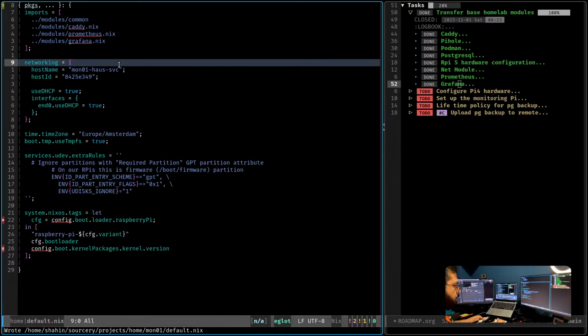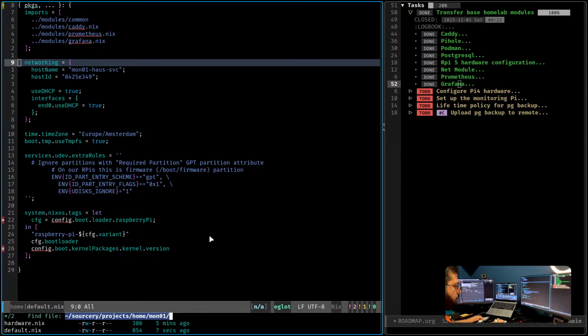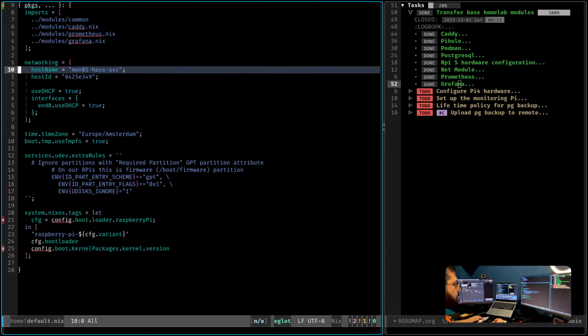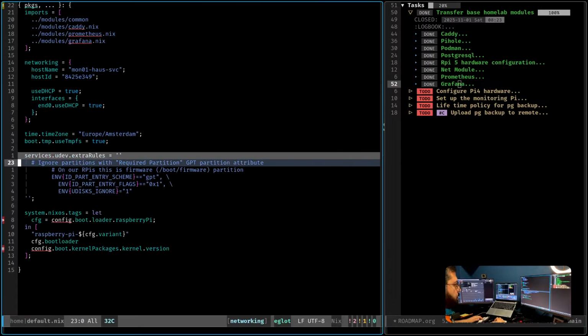First thing first, this NixOS piece, I think we have already done what we need to do there. So let's move it there.